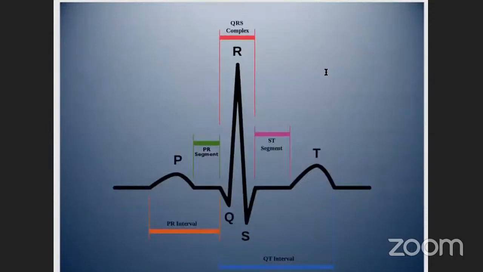So we've done our rate, our rhythm, our axis, and now we would look at our waves and our intervals. When looking at an ECG in our specific leads, we would see our P wave. We know that it is followed by the PR segment. Then classically, dependent on the lead you're looking at, we have our QRS complex, our ST segment, and our T wave. This is what is defined as normal. We can then apply normal to all of the ECGs that we look at and see if there's anything different, what is different, and that can help us to identify a potential cause for this.